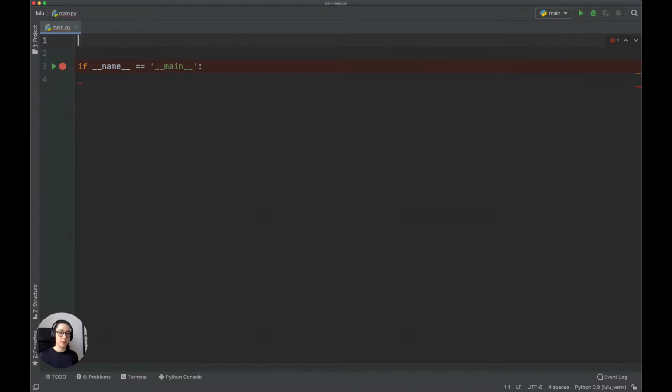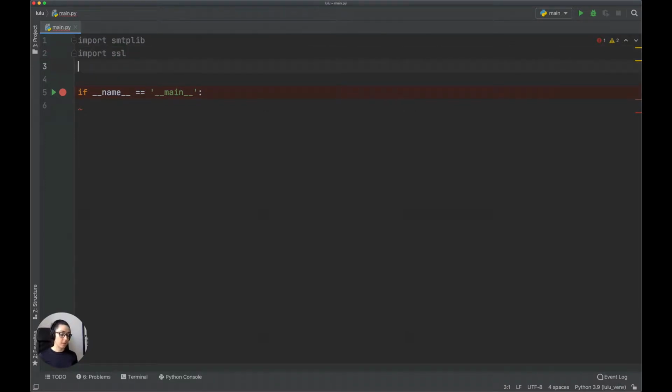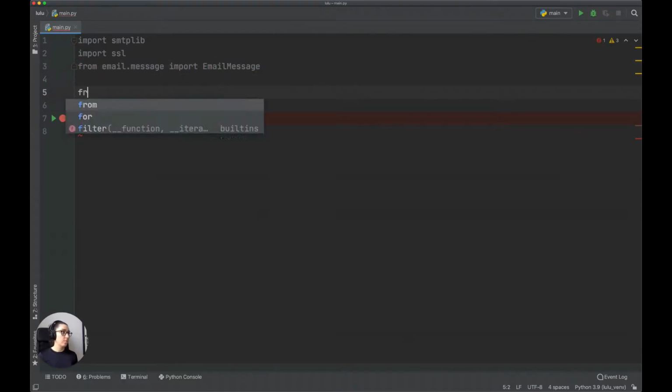Now this step is not necessary, but just to make it clear what we want to do and what the steps are, let's write it down. First we're going to write what we're going to import. So import smtplib, which will help us send the emails. Import ssl, which will help us create a secure connection when we're sending the email. We're also going to use the email library from Python, so from email.message we'll import EmailMessage, and from requests_html